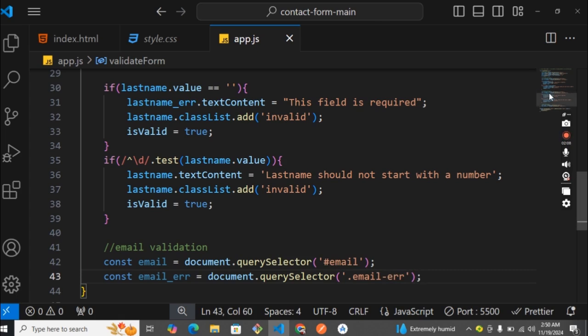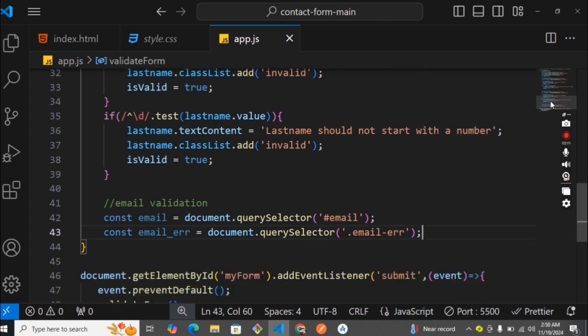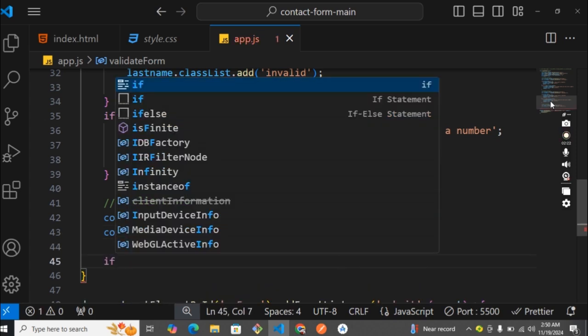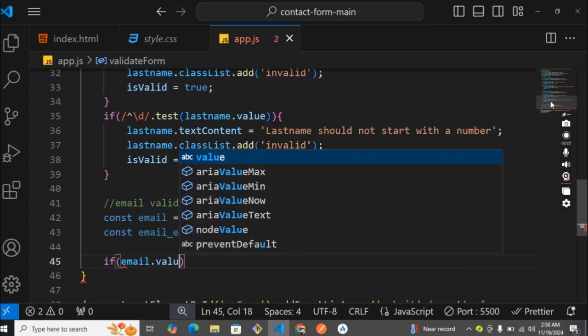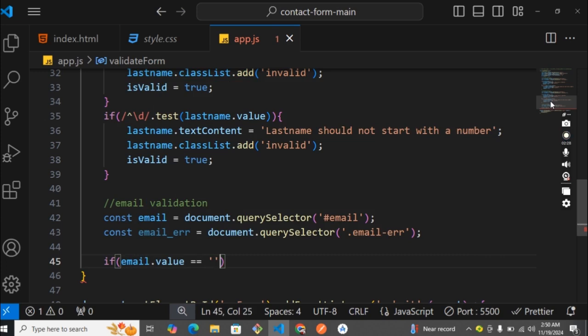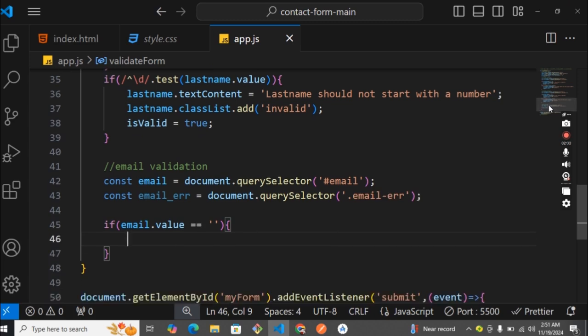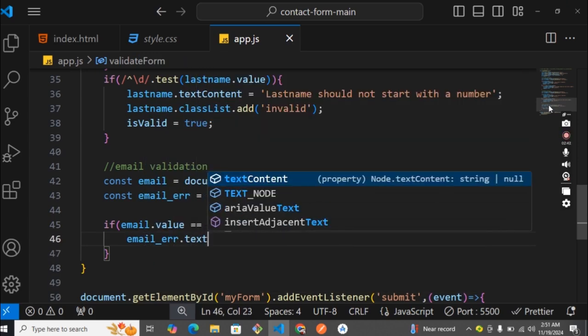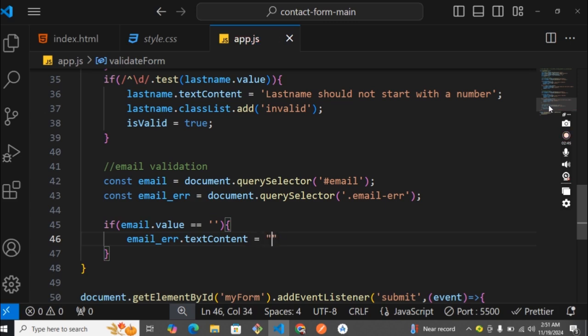Okay, so let's first of all start by checking if this email is empty. Right, so if the email is empty, we can send out an error message. Okay, so if email.value is empty, we need to call emailError.textContent and say this field is required,